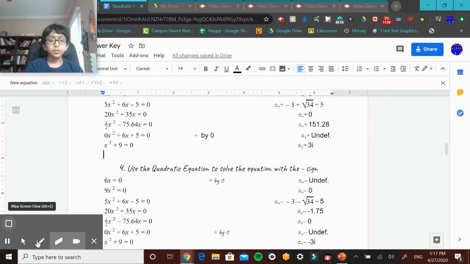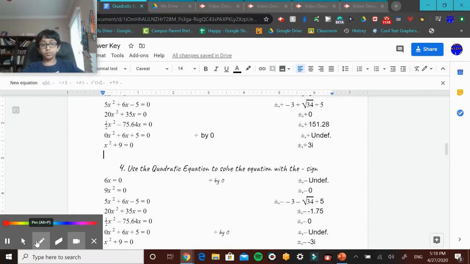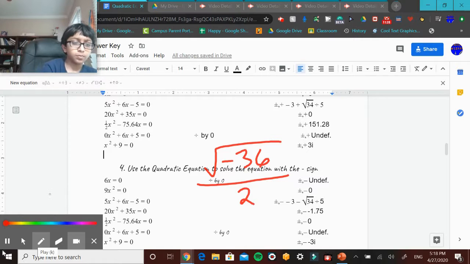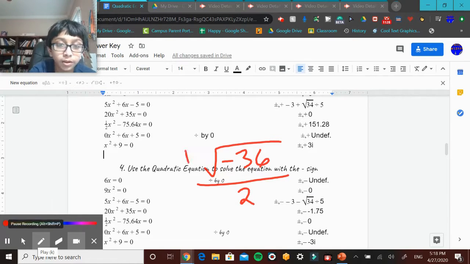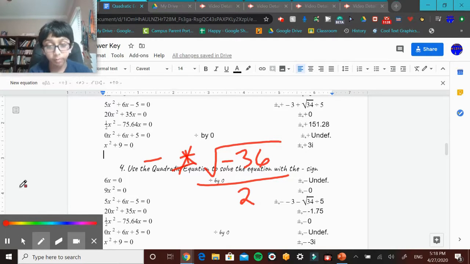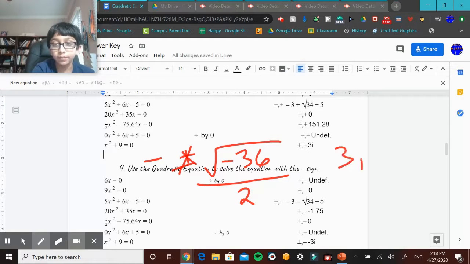But moving on, if it's undefined, it's probably going to be undefined in subtraction because A is 0. So whatever you divide by 0 is just going to be 0. We don't even need to do any math there. And over here, I actually remember this problem. It was the square root of negative 36, if I'm not mistaken, divided by 2. I think that was the problem. I'm going to check. Okay, it was plus or minus, and in this case, we're minusing, and then divided by 2. I'm pretty sure that was the problem. And as we know, that's 6i, and then minus 6i divided by 2 is